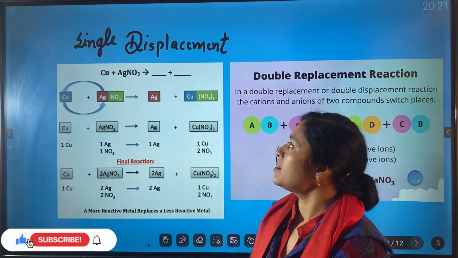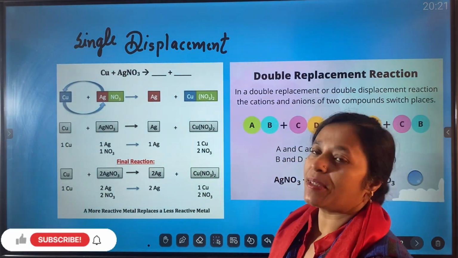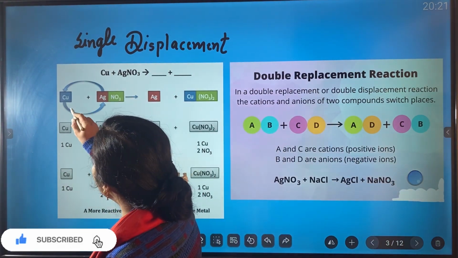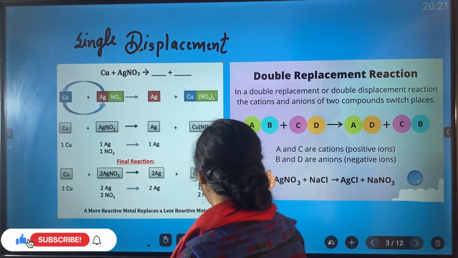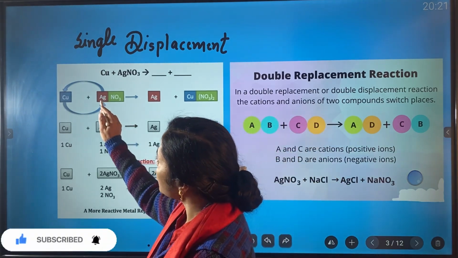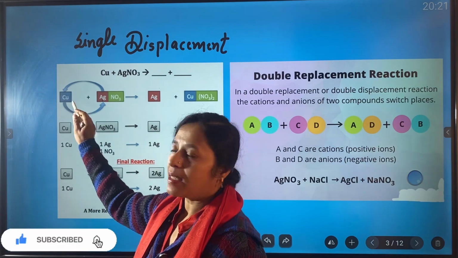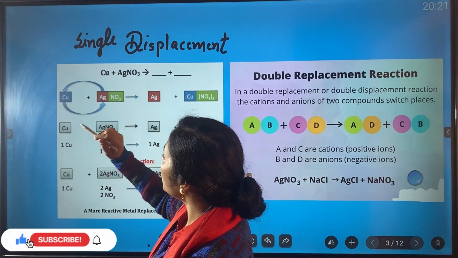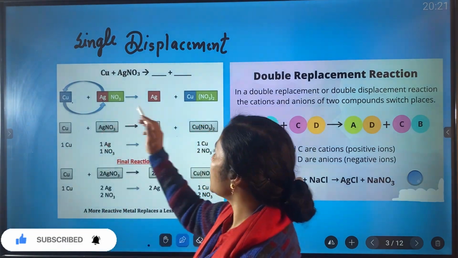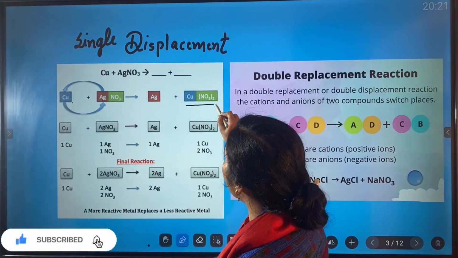So the number one reaction is single displacement reaction. What do you understand by single displacement? When a single atom is displaced, the atom that is more reactive will displace the atom that is less reactive. So here you can say copper will displace silver from this reaction and instead it will take its place to